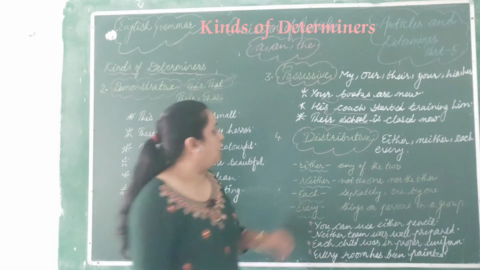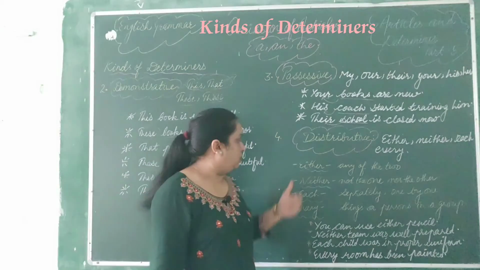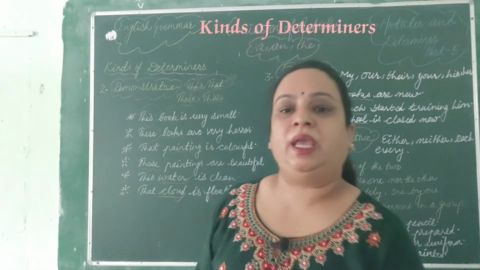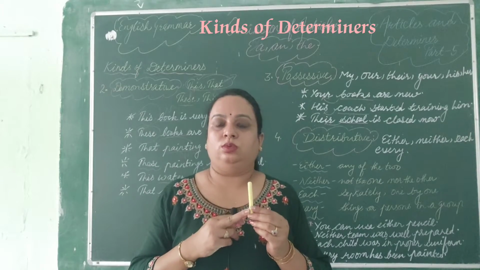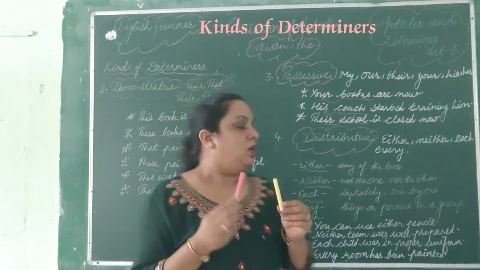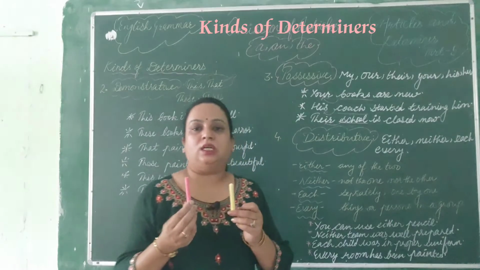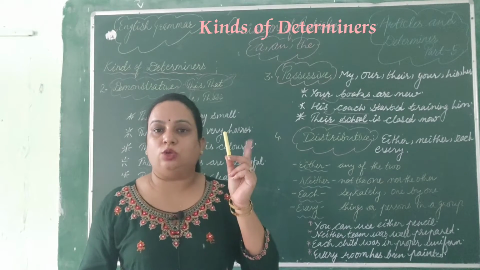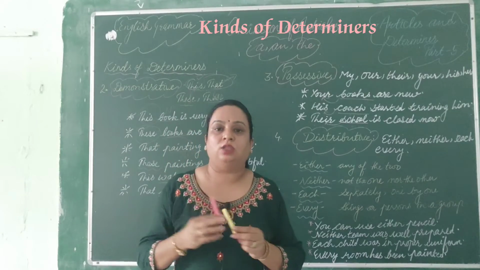determiners. We will learn now the use of either. I have told you in the adjectives also, but please revise here too. Either means any of 2. Suppose I have this pink and yellow chalk. So I will write with either yellow or pink. Any out of 2 means when the choice is given to you. The example is, you can use either pencil, or you can use either chalk. It means it's your choice, if you want to use this, you can use this or this one. So this is your choice, meaning दोनों में से कोई एक, so that is what?